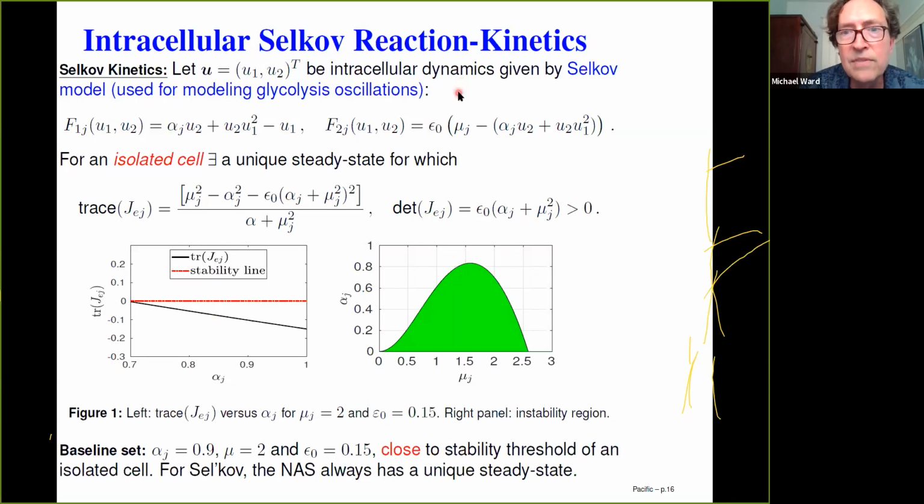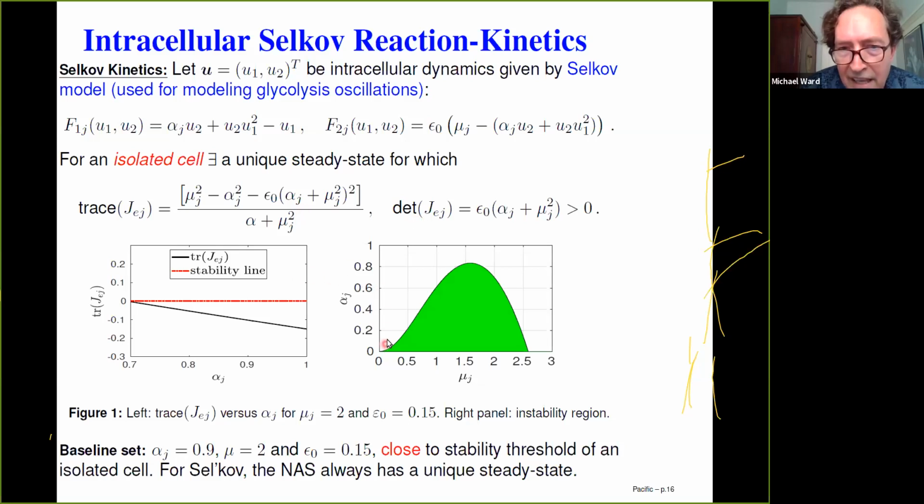So the things I'm going to do today are connected, where I'm going to choose one specific conditional oscillator for the intracellular kinetics, and it's going to be the Sel'kov model. 2-component intracellular dynamics, which is used for qualitatively modeling glycolysis oscillations. Okay, so forget about this, but it's a 2-component model, right? For an isolated cell, you can find the steady state and you can find the determinant,